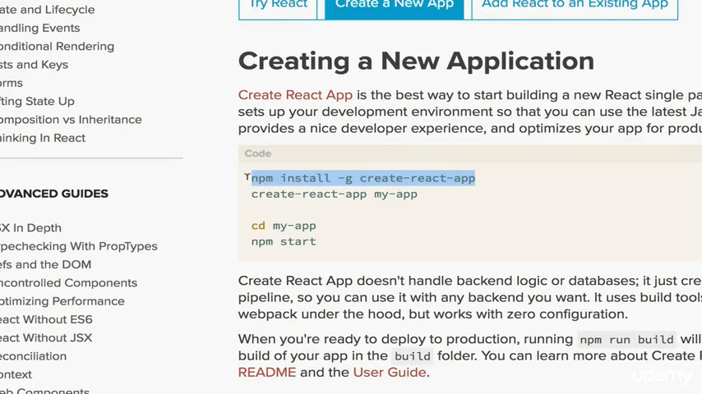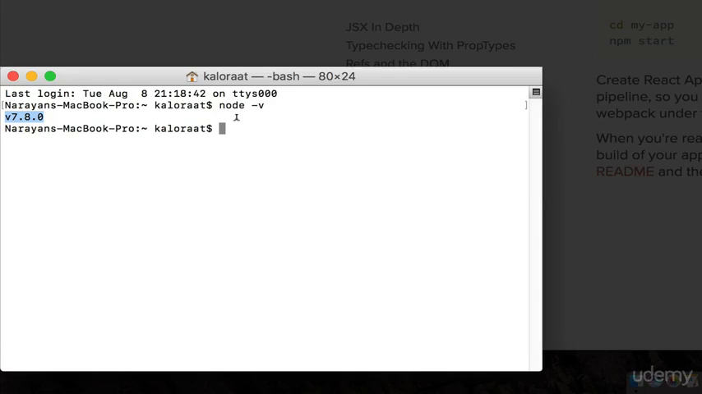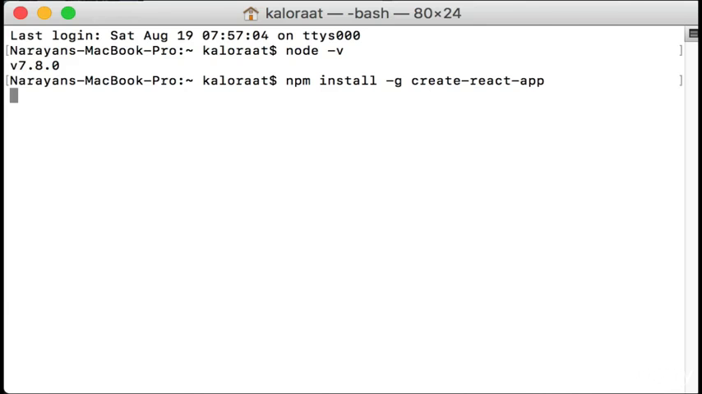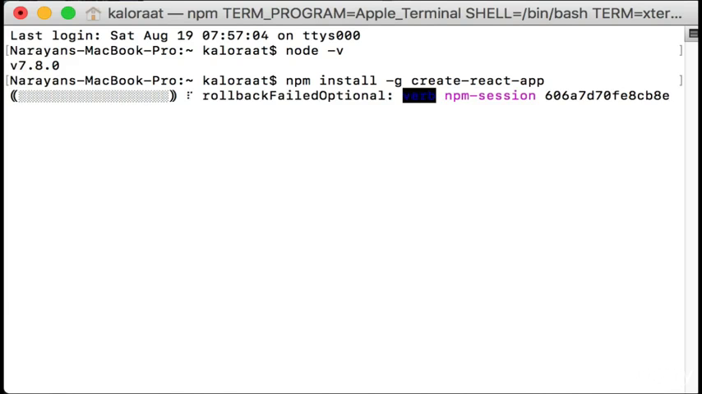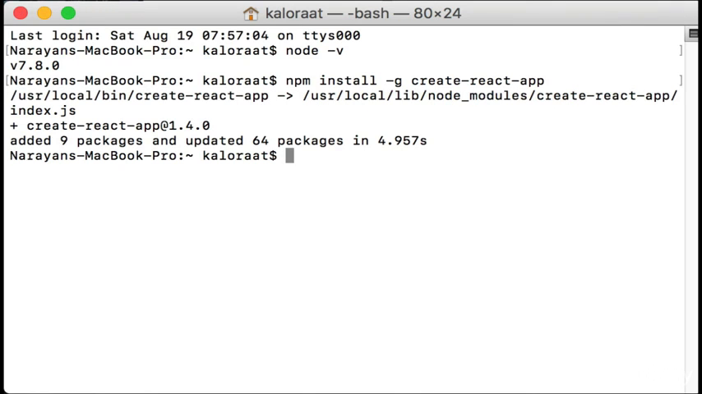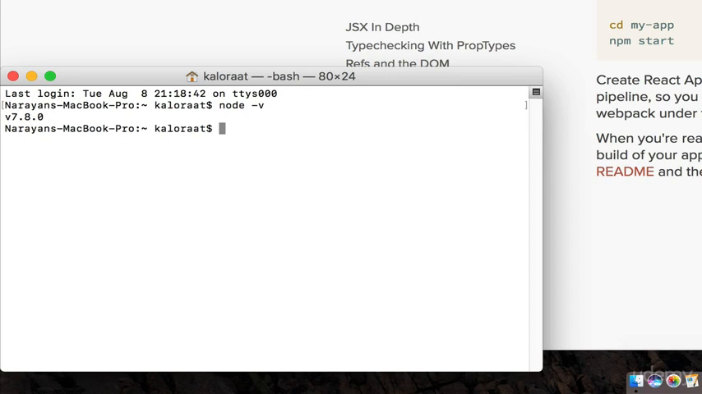Now copy this line of code, paste in your terminal and hit enter. It will install Create React App globally in your computer. It takes a while to finish downloading, so be patient. Once done, you can go anywhere in your computer and run the create-react-app command to start a new React